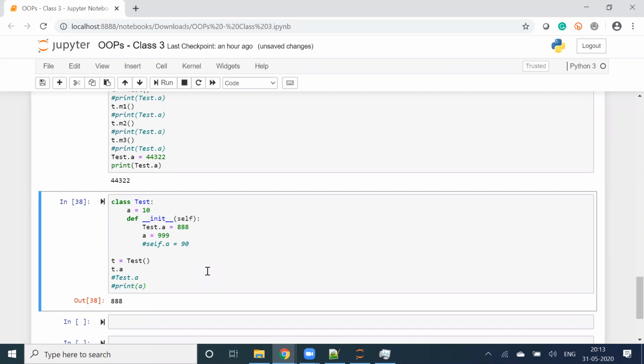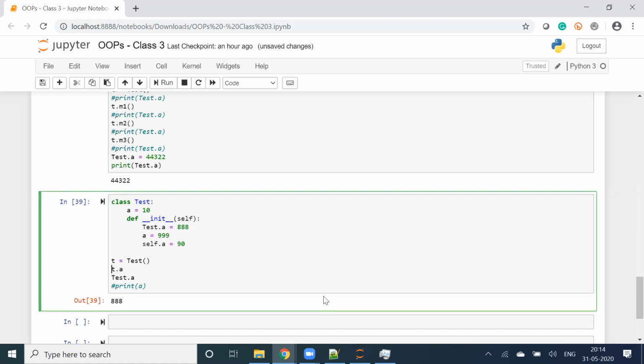Now, test dot a. What will be the output? 888. Can I say that? Because test, that means class dot variable name, will give me the static variable, right? So let's execute.